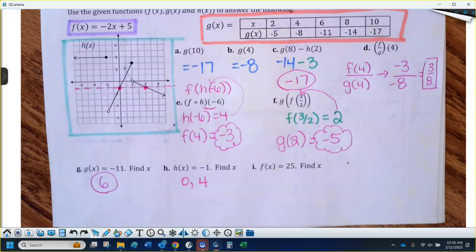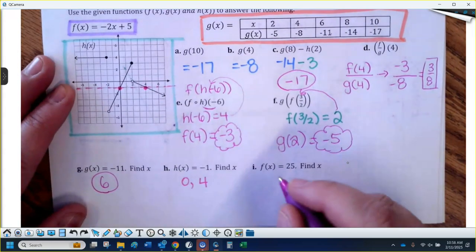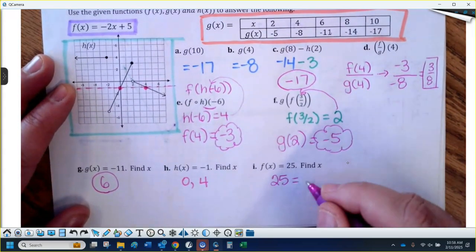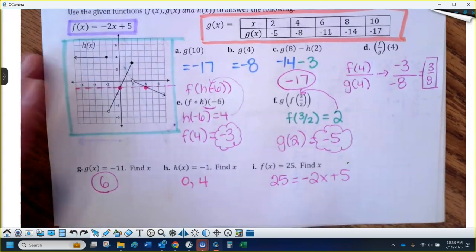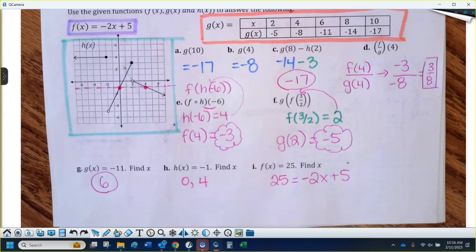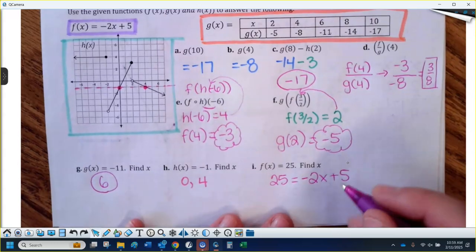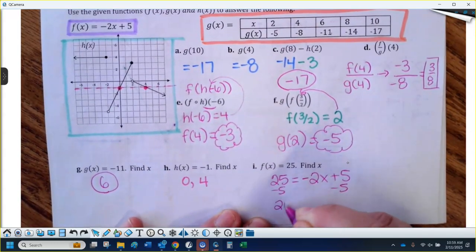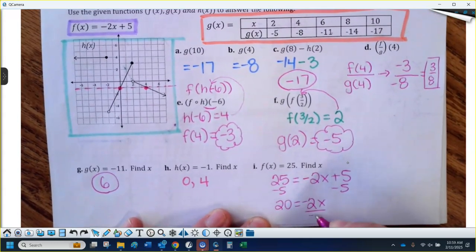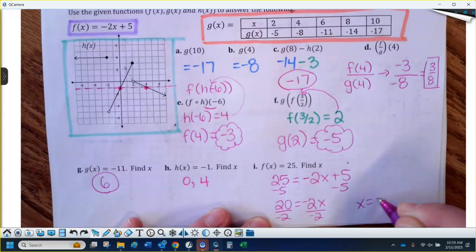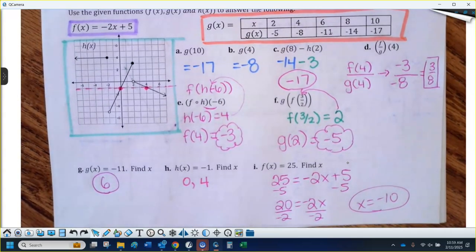Now the last one is probably the trickiest. So it says f of x equals 25, right? Now basically what that's saying is 25 would be equal to this function rule, the negative 2x plus 5. So I would just do a little algebra here. We're working backwards to figure out the x value. I know the y value is 25, so just subtract 5 here. You get 20 is equal to negative 2x. Divide by negative 2 real quick. And it must mean that if we plugged in negative 10 to that function rule, then the result would be 25. Is anybody having a question? That last part is kind of a mix